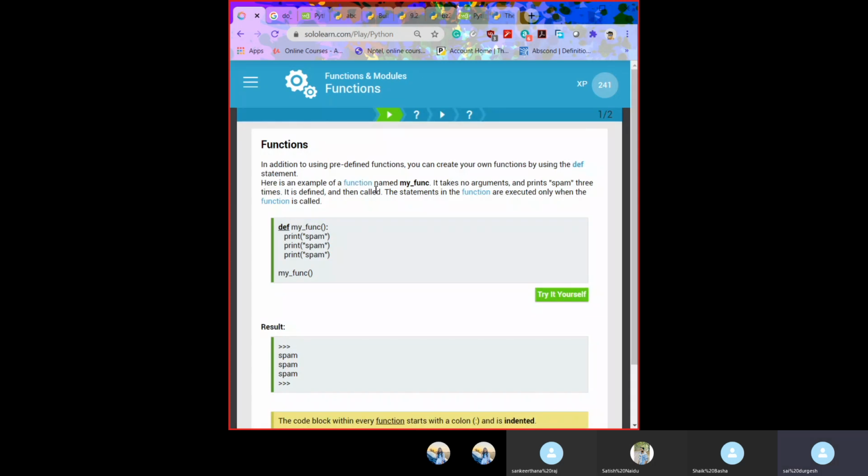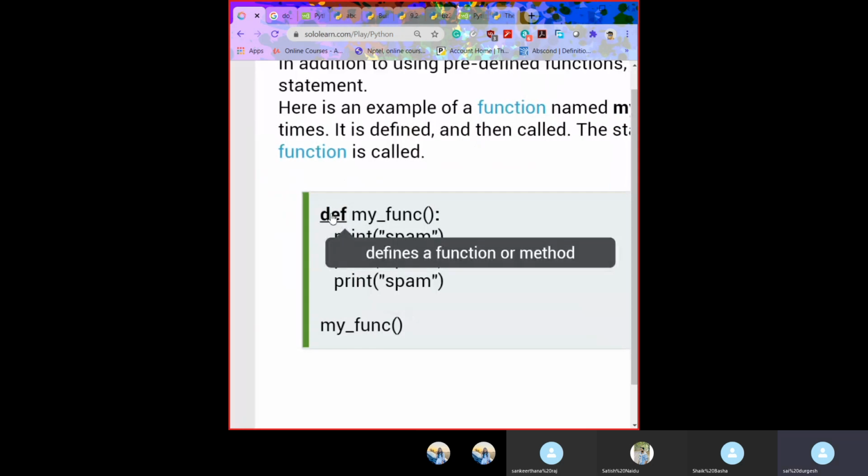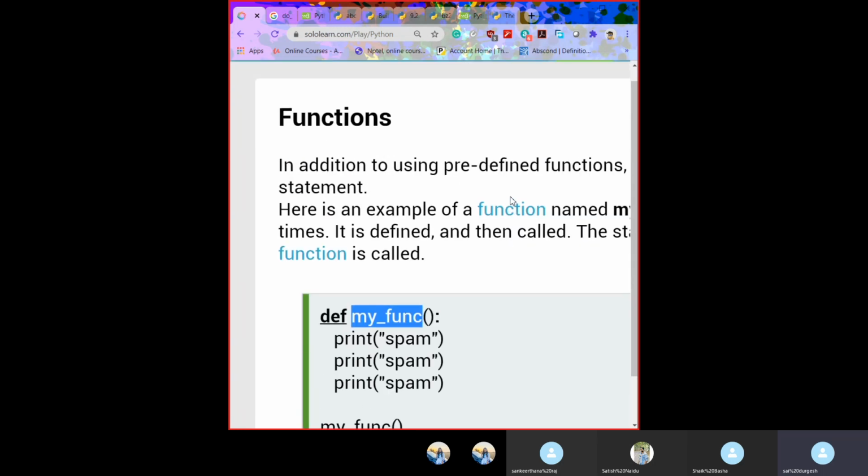And the next one, as we discussed, is the most powerful concept. Here, everyone see, we are using def. def means a user defined function. def means we are defining our own function.